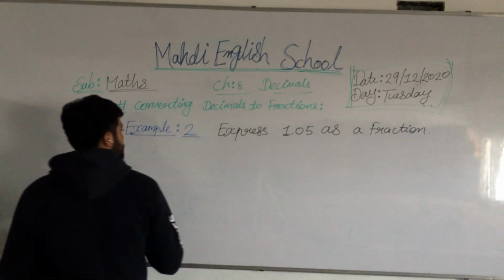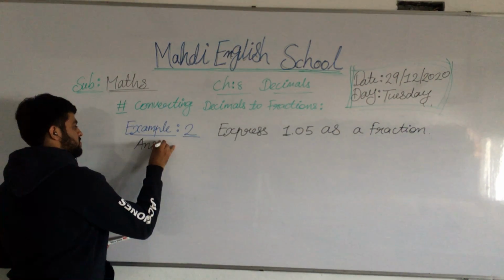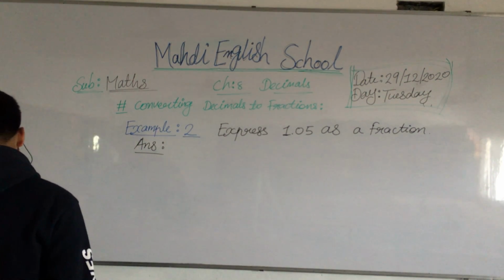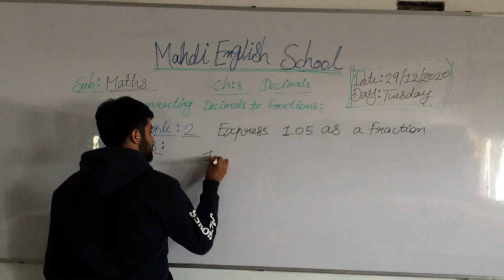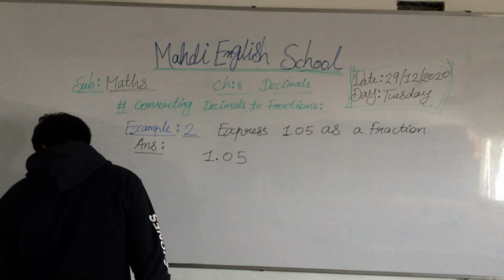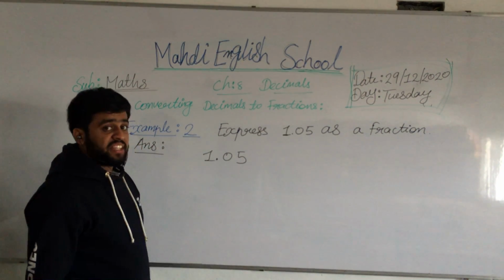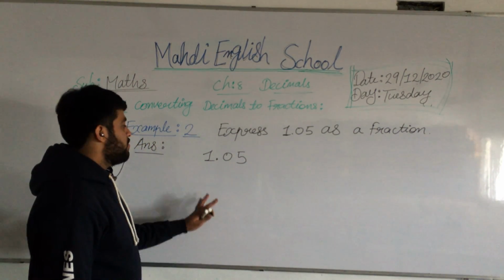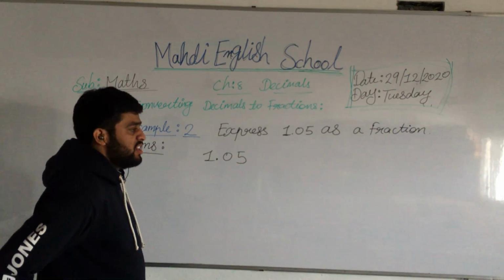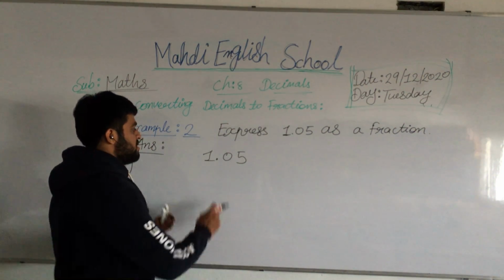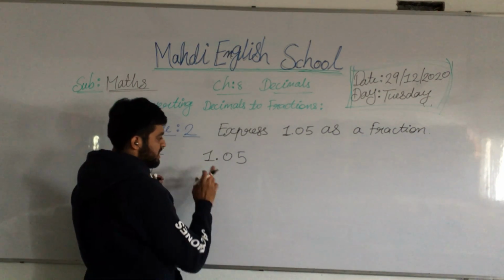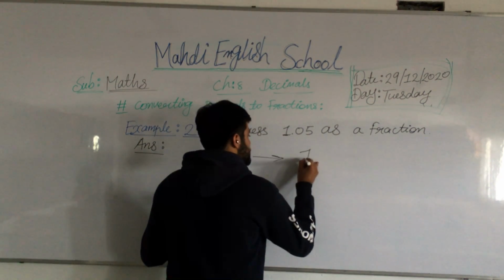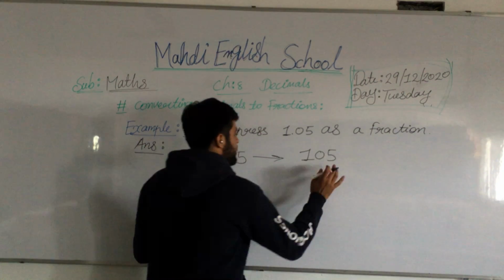Understood? So here is our answer. Okay, my dear students, now we will write the answer. Which method are we going to apply? First we write the question. And then we apply the second method first, because a few minutes ago we have just learned method number 2. So what is the first step? We have to check the decimal points, and then remove the decimal point. So I will remove the decimal point here.